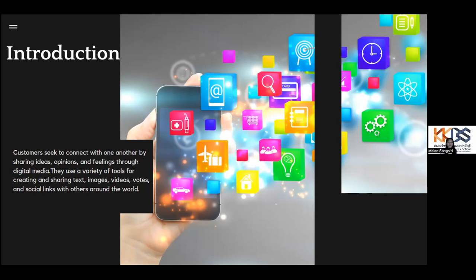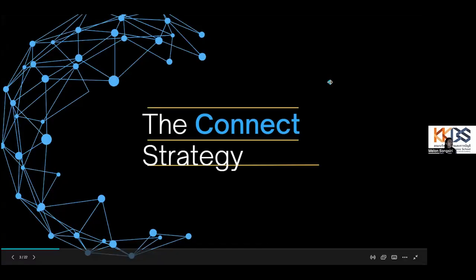Other popular media for sharing ideas online include customer product reviews, reader comments, voice of the news content used, postings, and tags and social bookmarks. New tools continue to emerge for sharing ideas, opinions, and messages with customer networks. So the desire to connect with others by sharing and communicating our ideas in a range of media is the connect strategy.